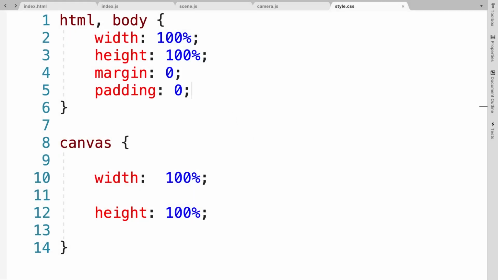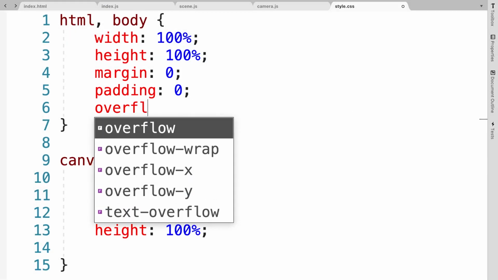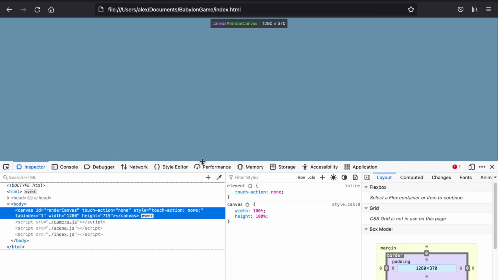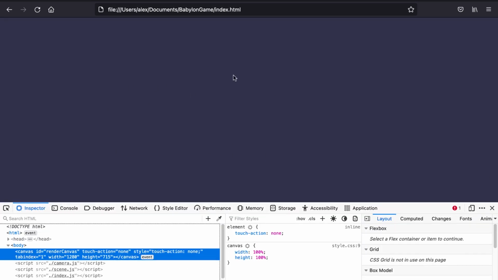Now you may also want to get rid of this pesky scroll bar that can appear, and to do that we can set another CSS property, just one more, that will be the overflow. We'll set overflow to hidden, which means that any content that's overflowing, like a scroll, will just be hidden. So if I refresh, my scroll bar will be gone. Amazing. So I have been able to render my scene with my camera, and of course currently it is just the